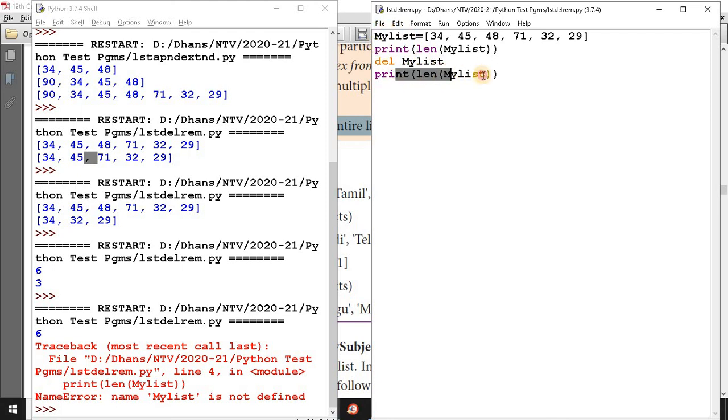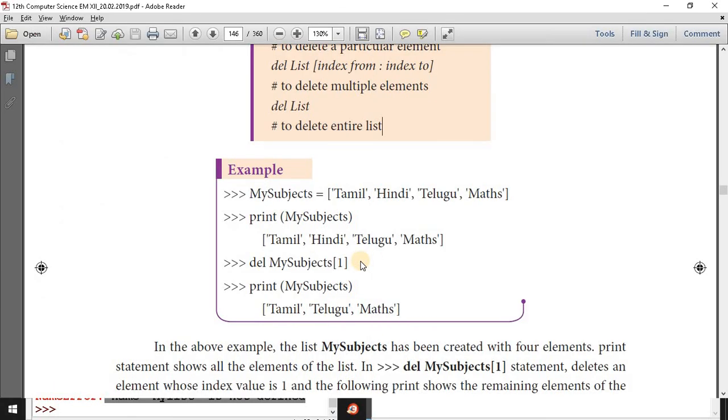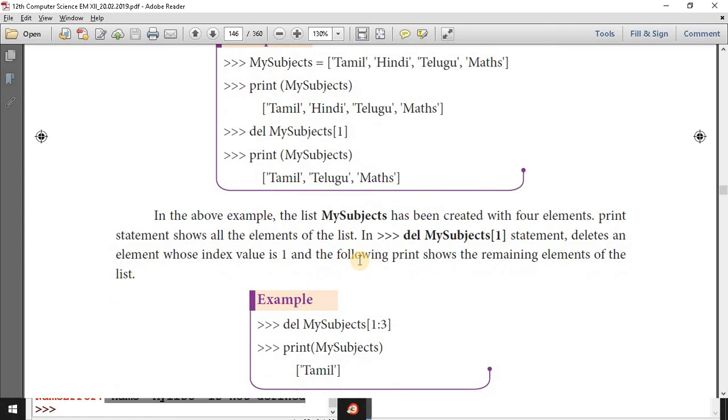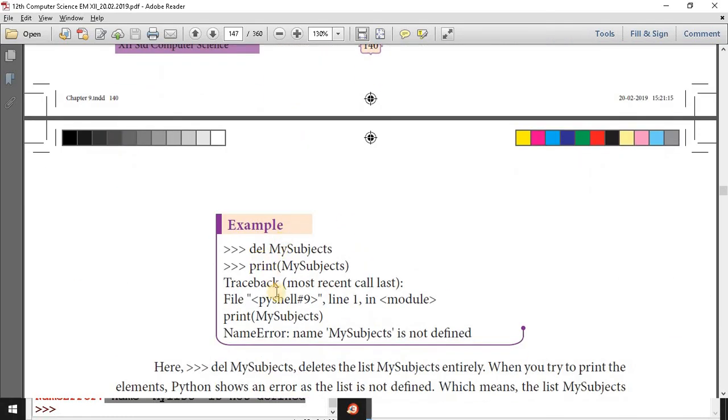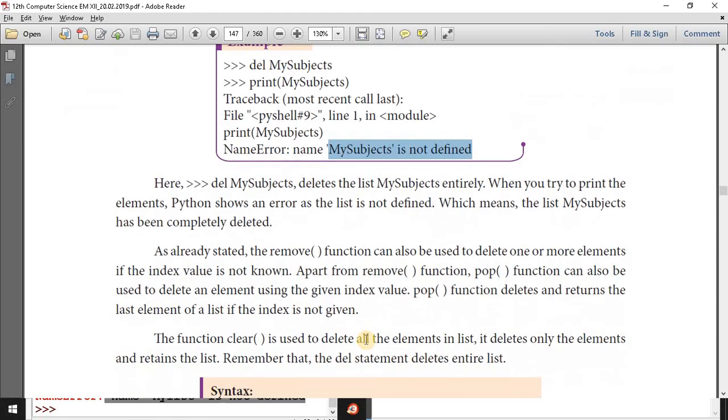So if mylist is used again, it will show an error message, a name error: name mylist is not defined, because it was already deleted in the previous statement. So it will show an error message. Okay. So these are the things in your textbook example. You can also see the same thing.